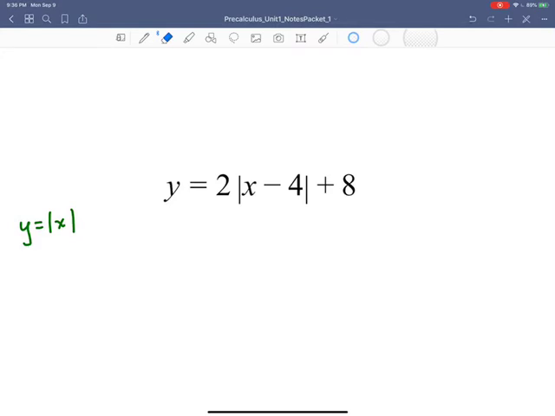So we can use that to figure out what the domain and range of this function has to be. Since the domain of the absolute value function is all real numbers, and all we're doing is vertically stretching and horizontally stretching and vertically shifting